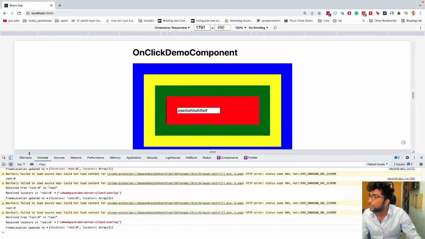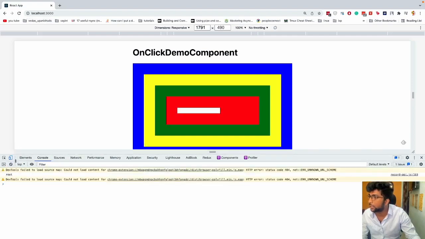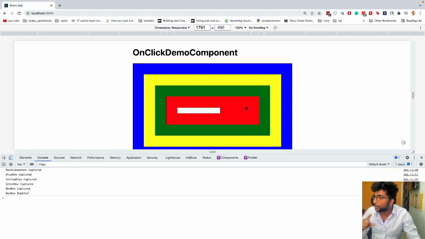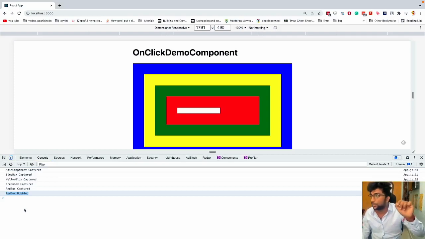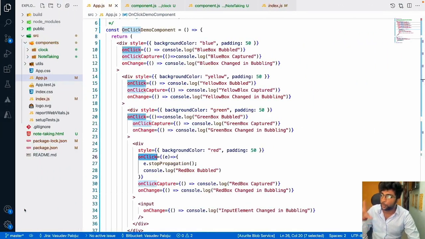So see, now I'm clicking over here and refreshing the page. Since I stopped the propagation, in the bubbling phase only the red box bubble is seen, not any other. That is very important. If you don't want the event to travel all the way up, because it is traveling, it is taking some memory and utilizing resources. If you know that you want to stop the propagation at that point, then you can use the function